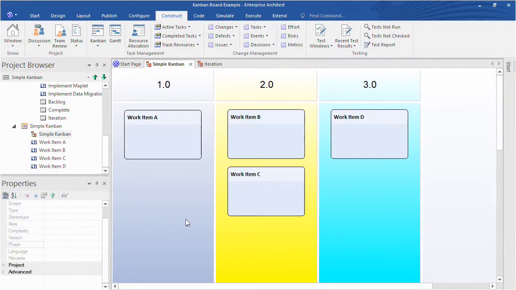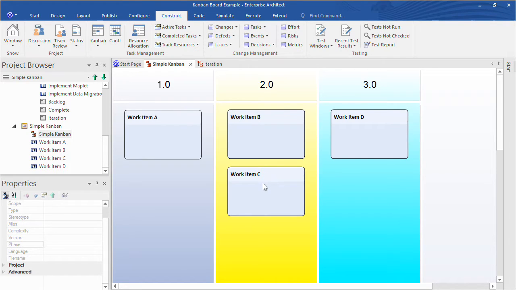If you're working in an agile development environment, you may be interested in the major enhancements to Enterprise Architect's Kanban boards, which were first introduced in EA11. Just to give everyone some context on Kanbans, we're talking about diagram elements that are representing user stories or work items like what I've got here, and they're organized into vertical lanes, each of which represents some project property, like say a phase or status for that work item.